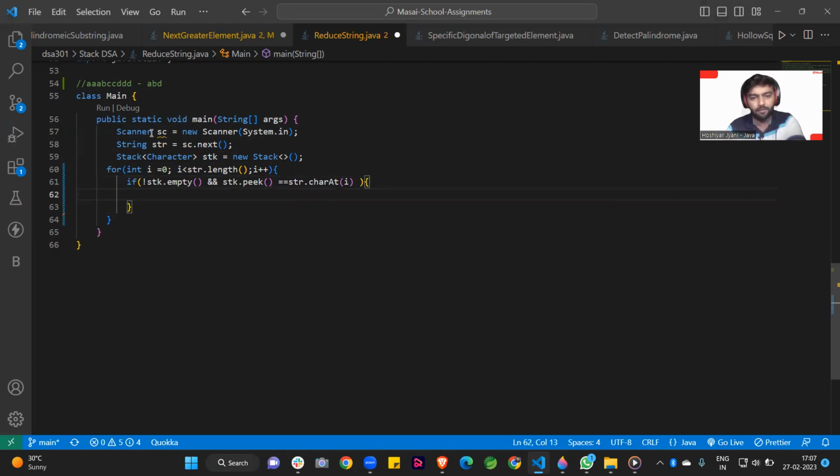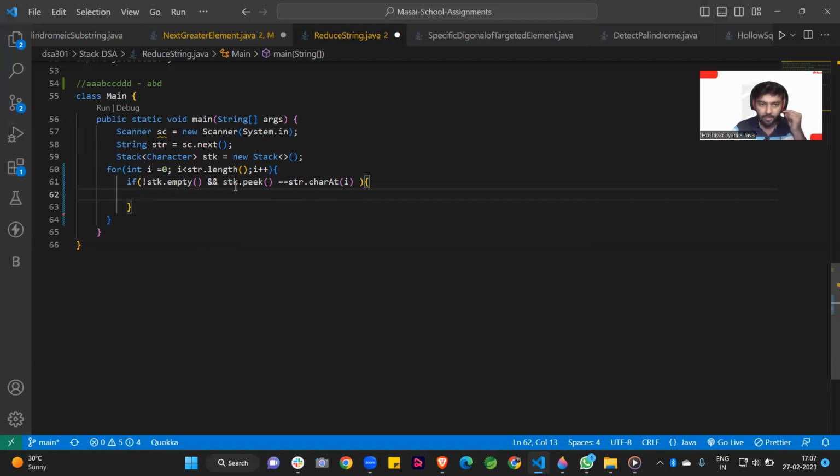So in this condition, first of all, I am checking whether our stack is empty or not. When our stack is not empty, at that time we do this operation. Otherwise, we cannot check the stack.peek value, because only when the stack contains some values can we do this operation. This condition must be true.